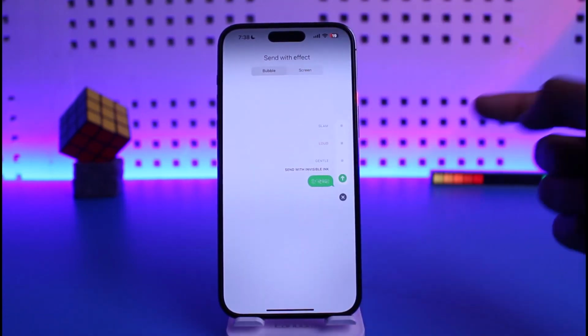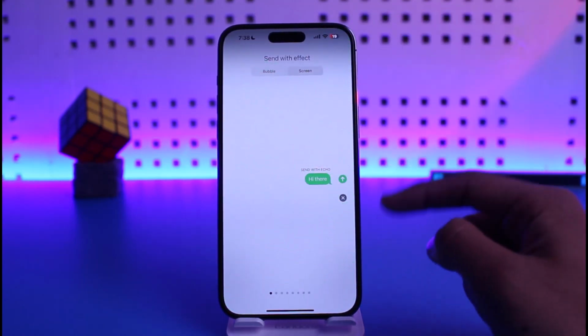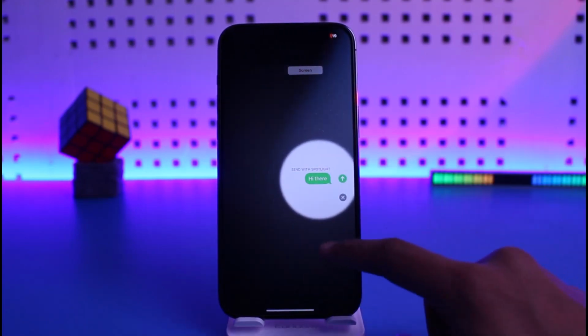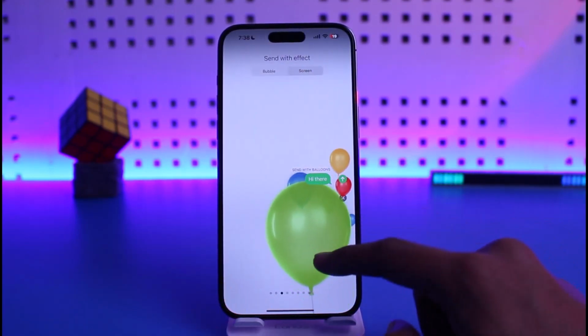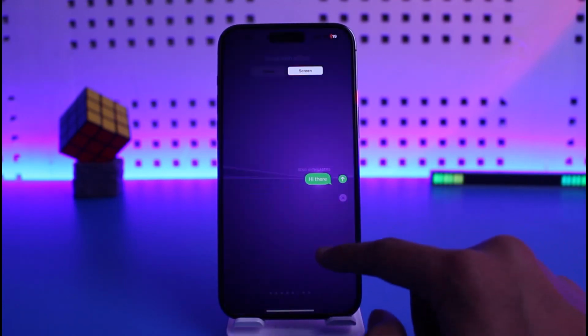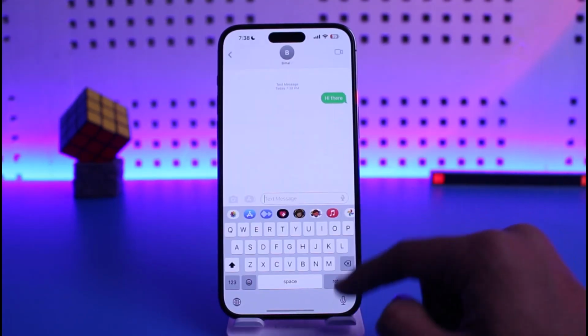Now this is basically the bubbles, but if you want a full screen, you can select this full screen effects, and then you can see different types of full screen effects. You have send with echo as well, and then you can just swipe right, you can send with spotlight. If you swipe more, then you can send with balloons. If you swipe, you can just send with confetti, and you have different types of effects to fool around with your friends. Just select any of these effects and then hit the arrow icon in order to send this